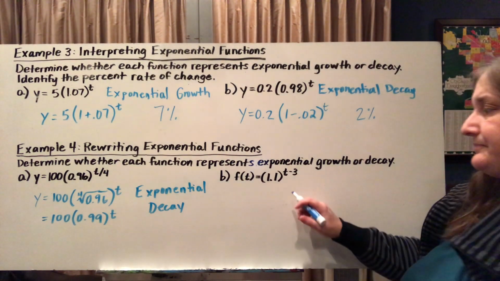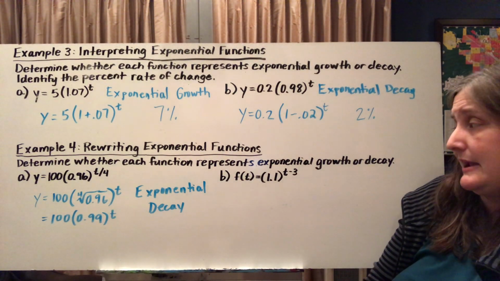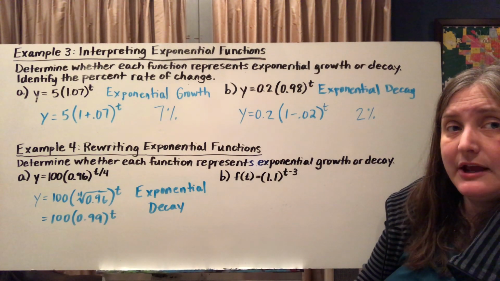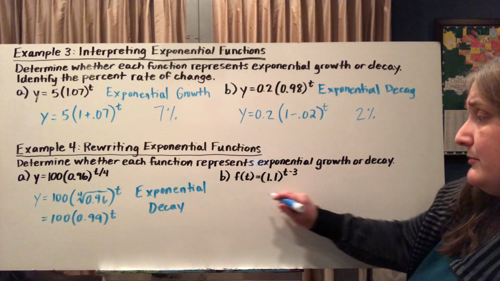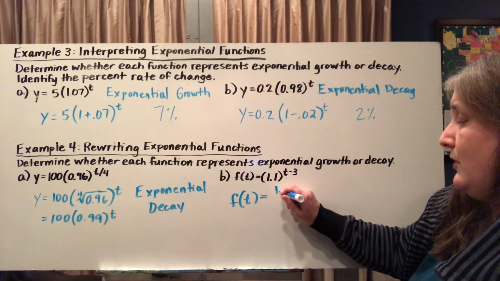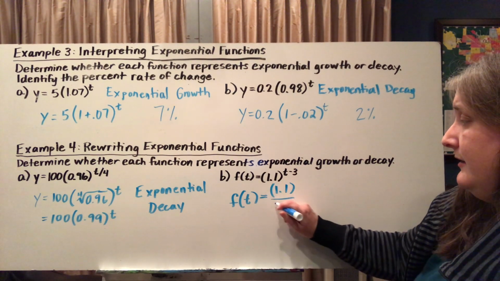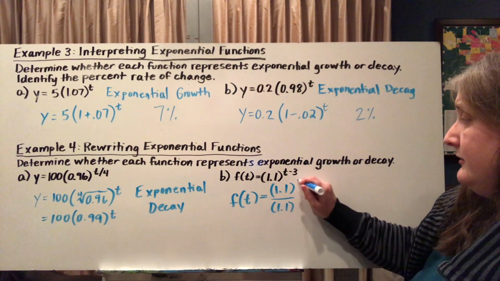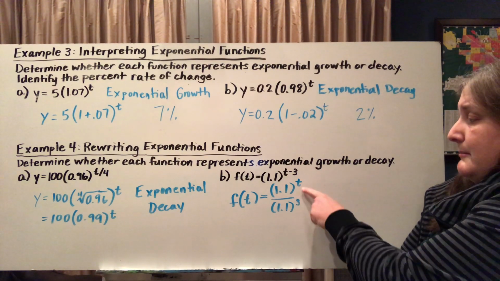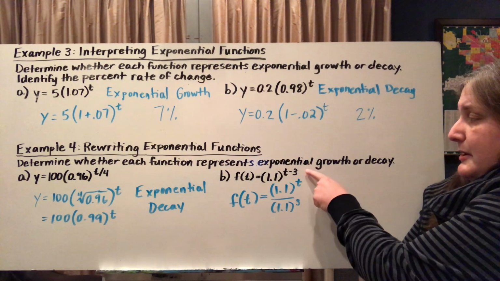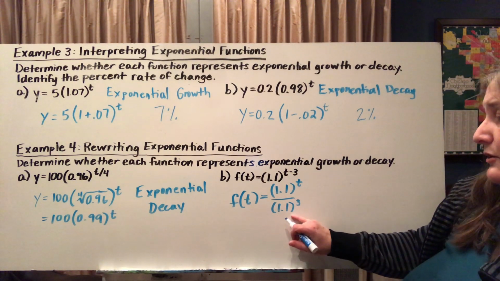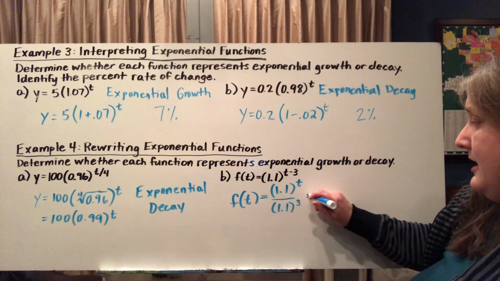Now in this guy, my power is t minus 3. When we subtract exponents, that's an indicator that we've been doing some division. So I'm going to rewrite this guy. 1.1 is my base. So I'm going to do t for the top exponent, 3 for the bottom. So t minus 3 would be a way to simplify this. I'm working backwards. So I can do on a calculator 1.1 to the third power. That gives me